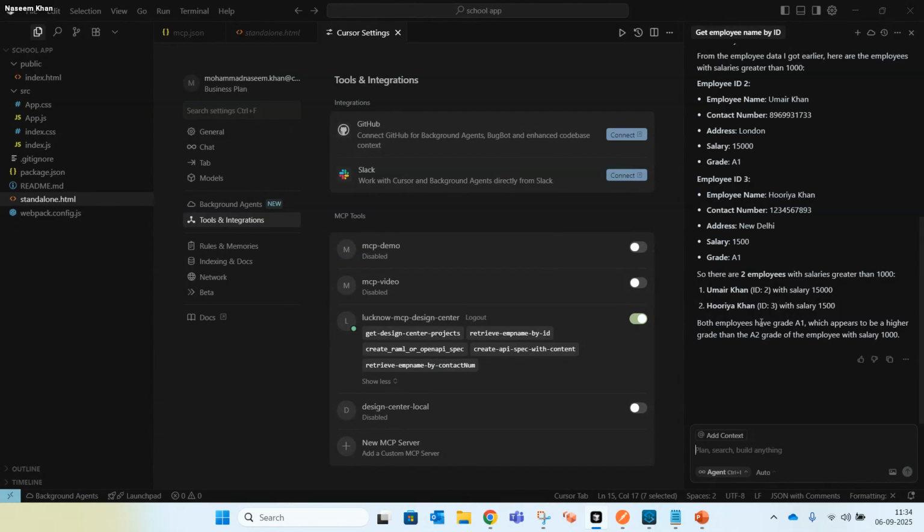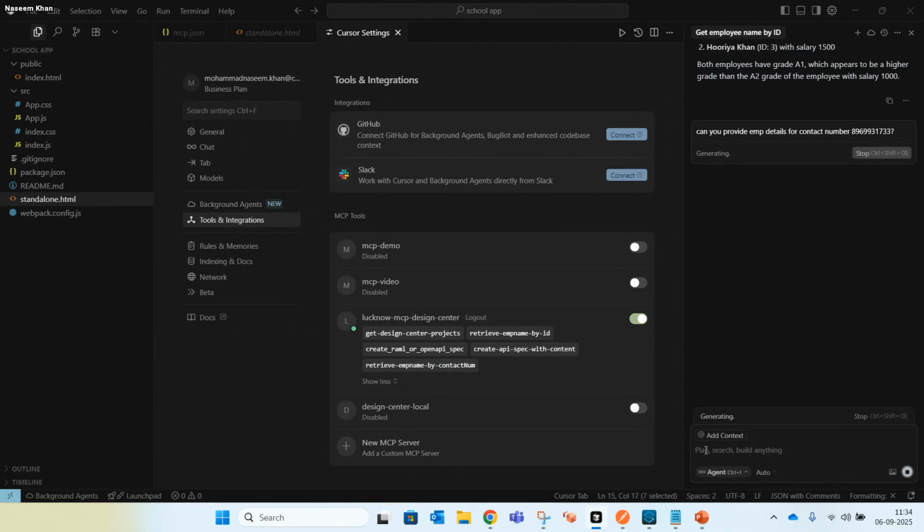Both employees have these employee details, grade A2 and all. Now I'll check. Can you provide employee details for contact number? So now it is in